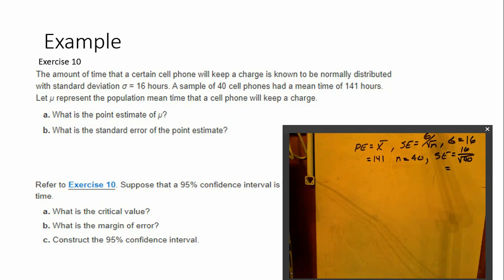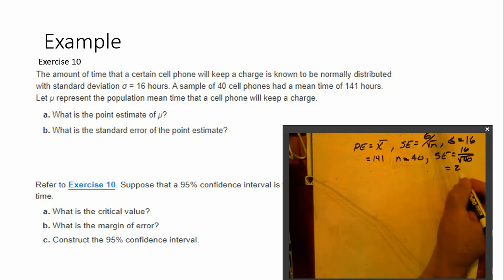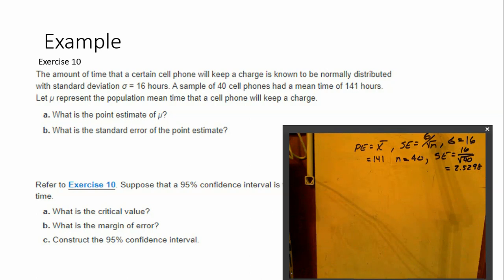16 divided by the square root of 40, and that's 2.5298. Let's go with 2.5298. That looks like mainly the most significant digits in here. Okay. And then